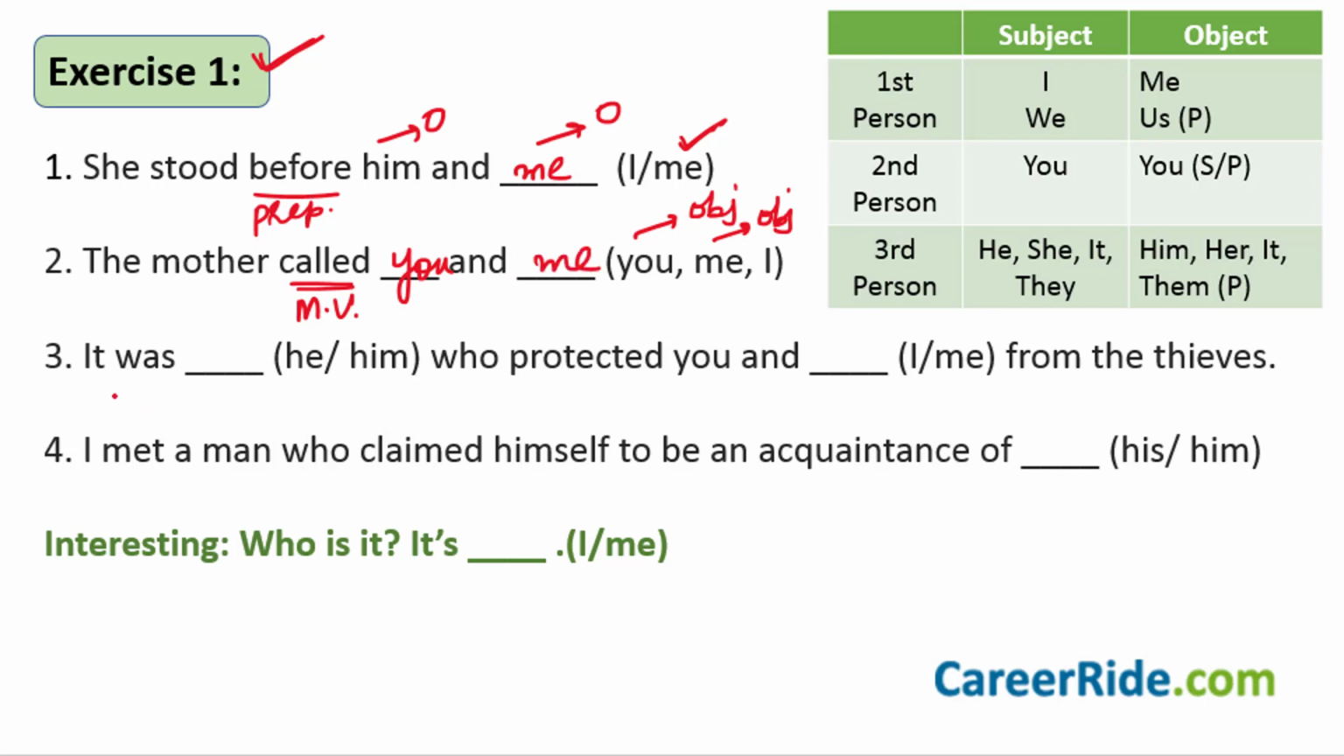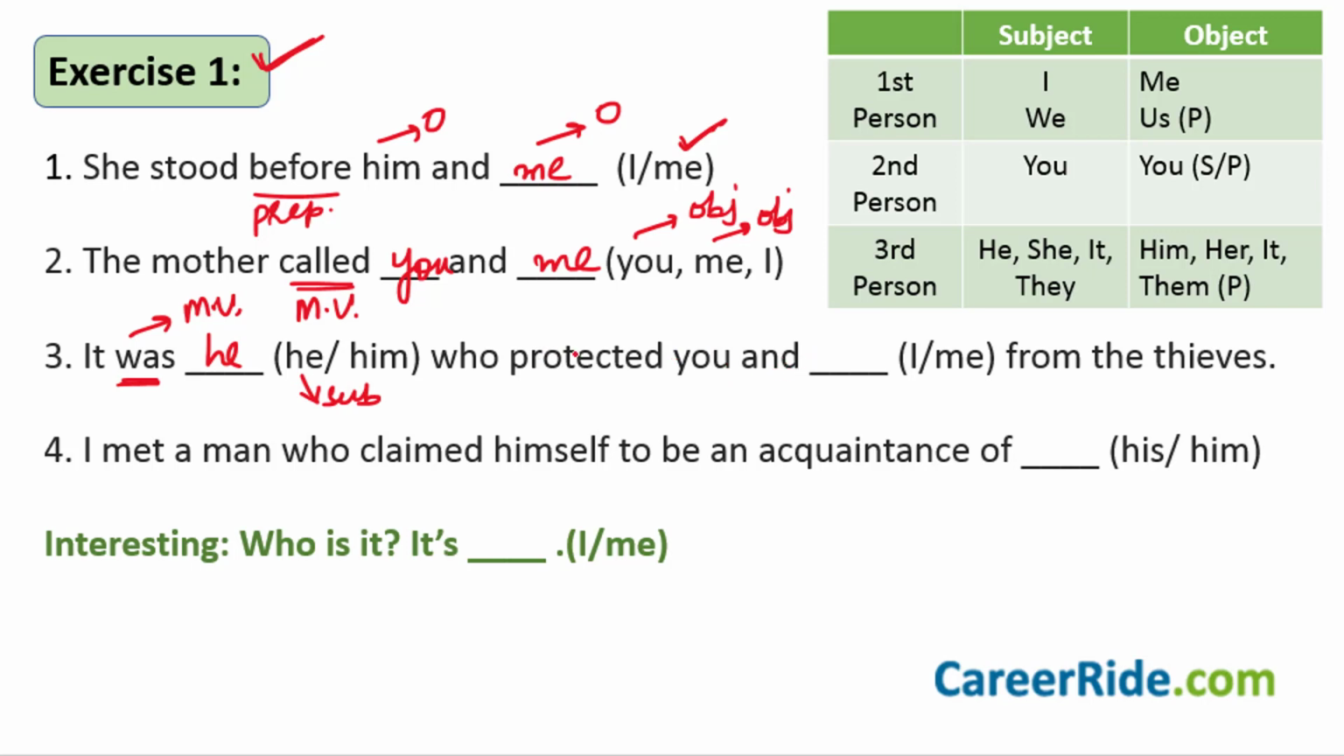Okay. Third one. It was dash who protected you and dash from the thieves. Right? It was dash. So I see is, am, are, was, were. This is the word, and it is working as a main verb here. So what should it be? It should be the subjective case in this case, and the subjective case is he. Right? So it was he who protected you and